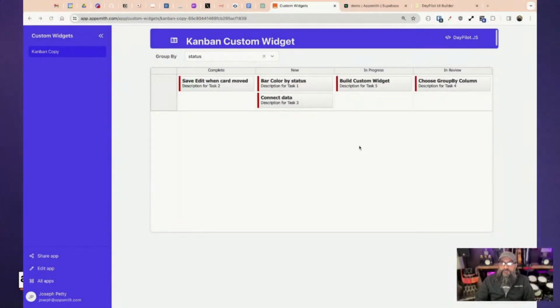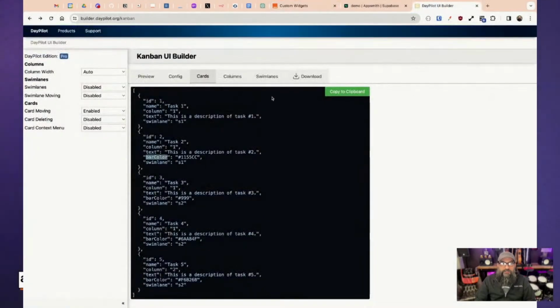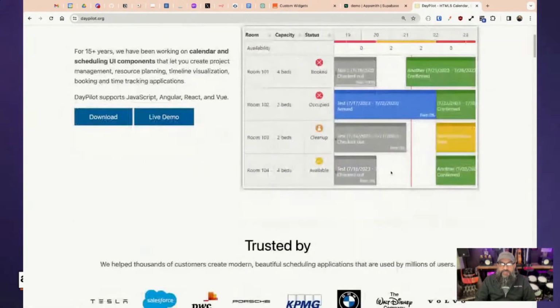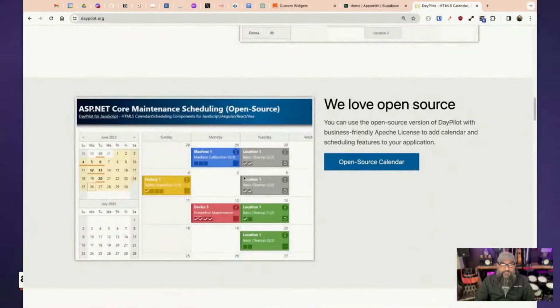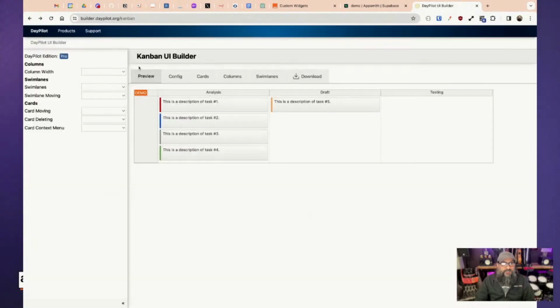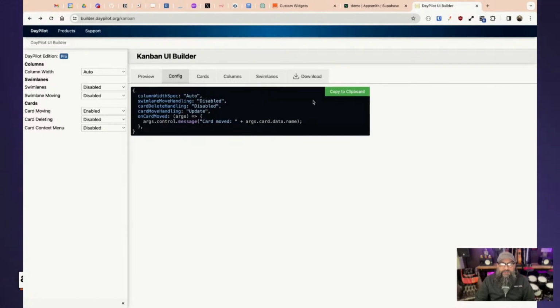All right, so here it is. I've got a custom widget wired up using DayPilot.js. This is a library that has tons of different options: Gantt charts, timeline, all kinds of different time and date related views. But specifically, there's this Kanban one that I'm using here, and it gives you some examples and shows you what the data would look like for the config that you pass in, which is just some key value pairs